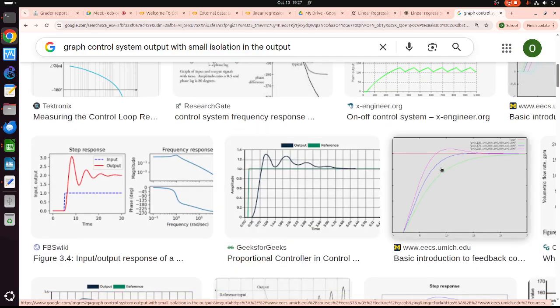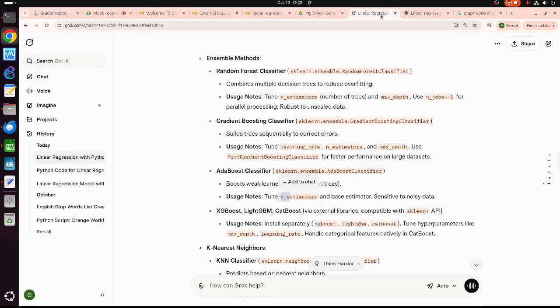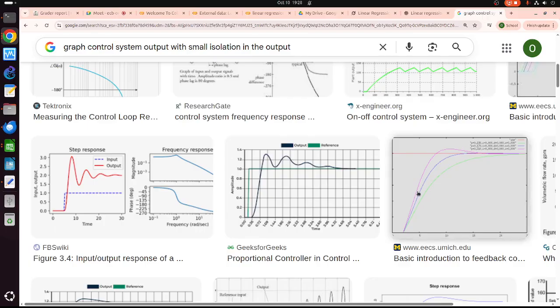Okay. So basically, we have three different approaches. One is very slow. We don't want this because it's very, very slow, but it is very conservative. So we can set this value, an estimator, max depth, and so on, to get this one.